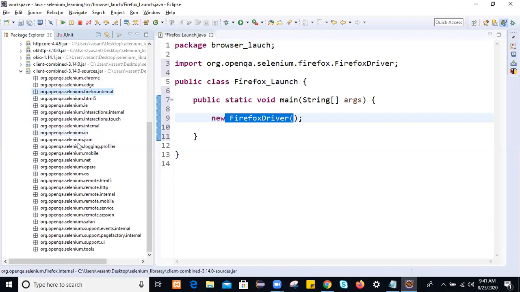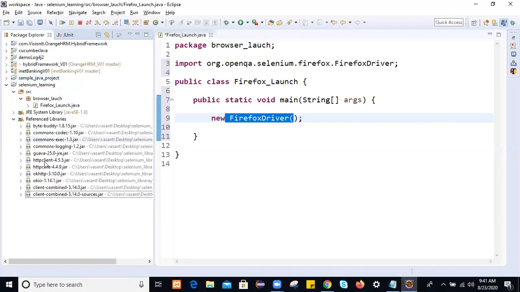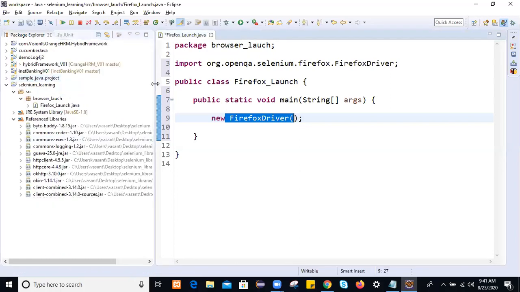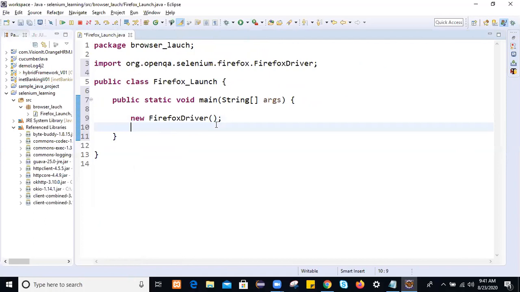These are the packages, and from these packages we simply use those classes. So the moment you write this statement, what will happen? It will launch the browser. Which browser? The Firefox browser.